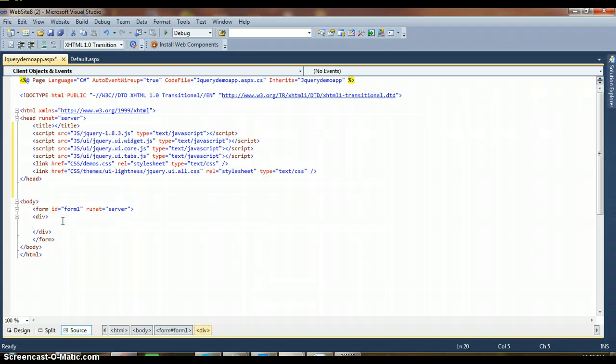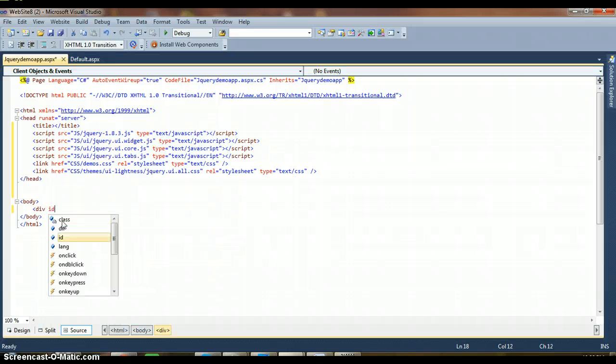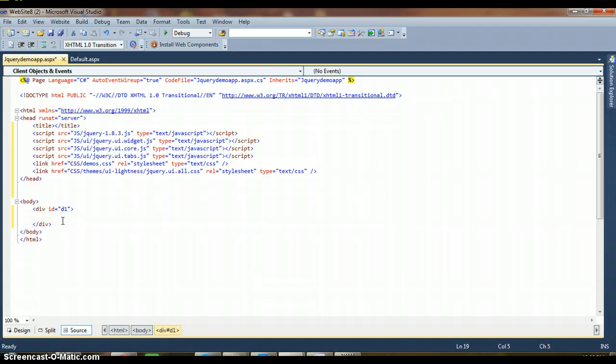Now here you can say I will take a normal div tag. Within the body part I have some form tags. I will remove that one, and within the body tag I will take one div tag, and for the div I will use an ID, the name I will give as D1. D1 is the ID I have given for the div, which means D1 represents div1, and within the div tag I'll